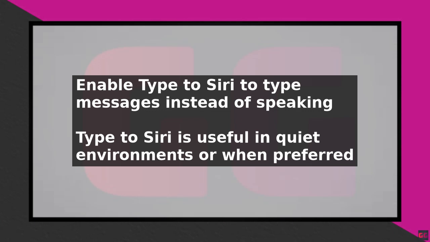If you want to disable Type to Siri, simply go back to the Siri menu in the accessibility settings and toggle off the switch next to Type to Siri. This will remove the keyboard icon from the Siri interface and you will only be able to communicate with Siri